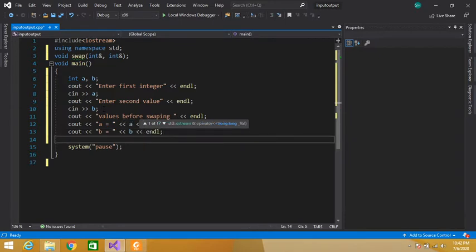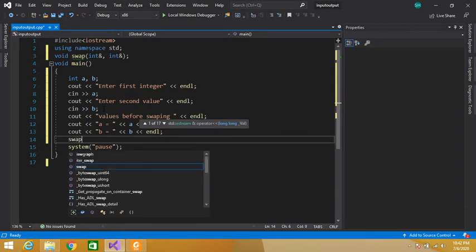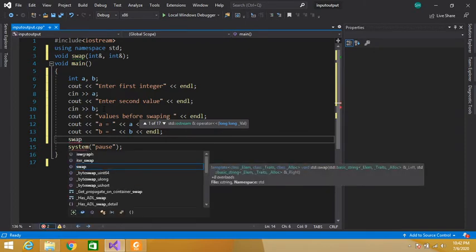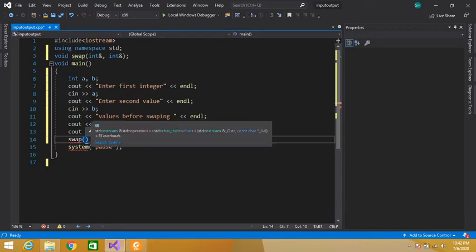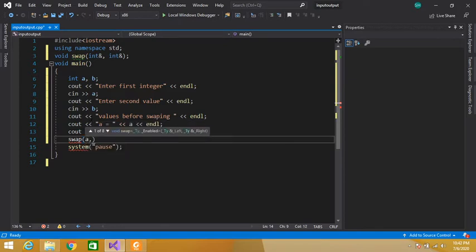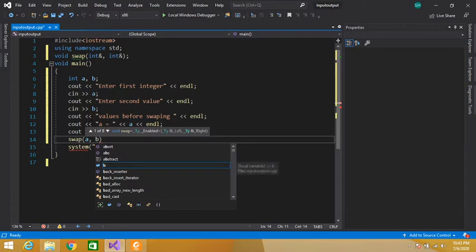And then we will call our swap function. How can we call our function? This is known as function calling or function invoking. Simply we will write the name of our function, that is swap, and in parentheses we will pass these two values as parameters, a, b.